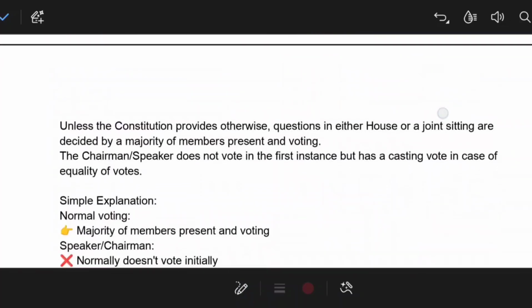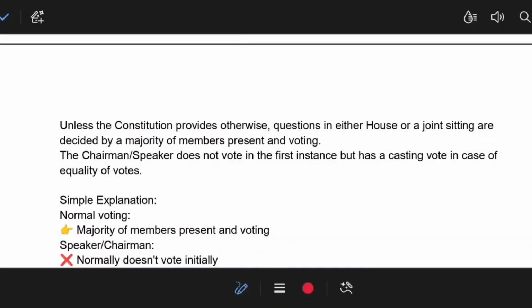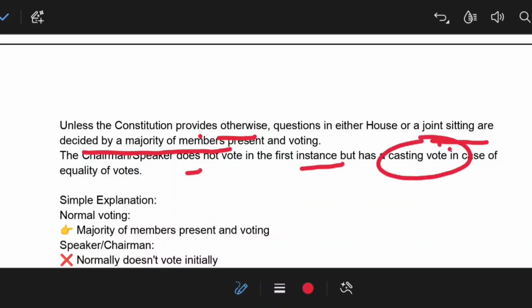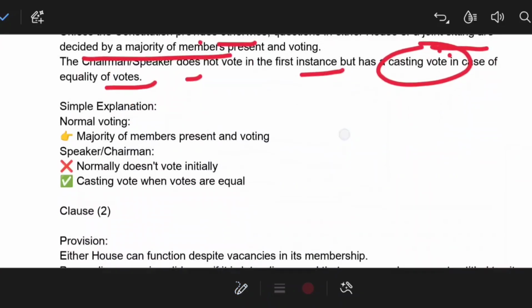So, proviso 1, clause 1 basically: unless the Constitution provides otherwise, questions in either house or a joint sitting are decided by the majority of the members present and voting. The chairman or a speaker does not vote in the first instance, but has a casting vote in case of equality of votes. That is the simple meaning: during normal voting, if let's suppose there is a provision that does not define what kind of majority is required,